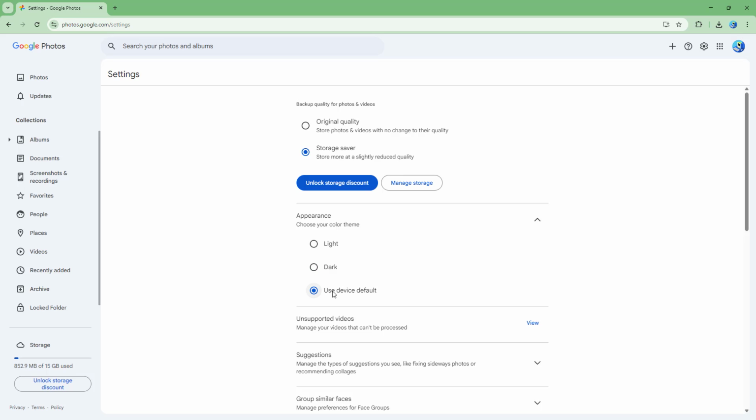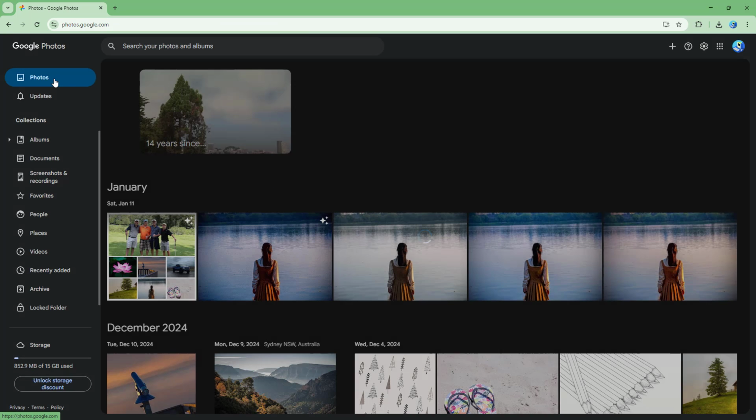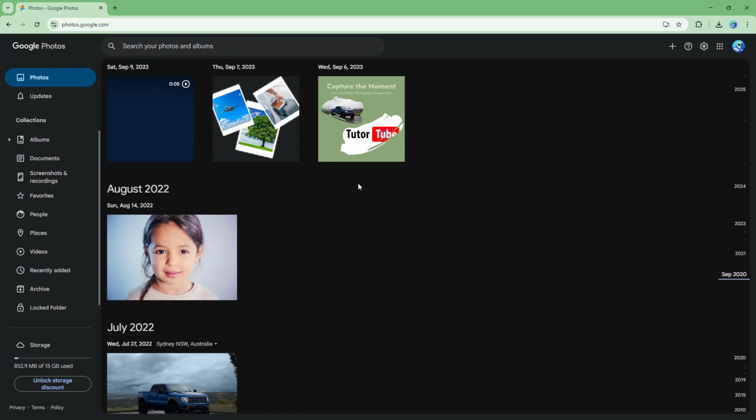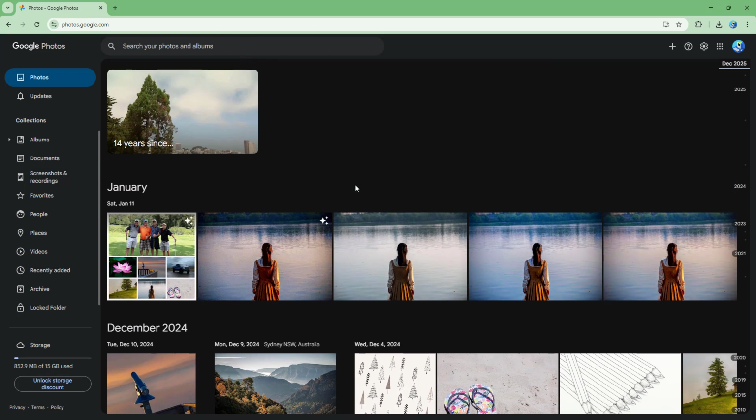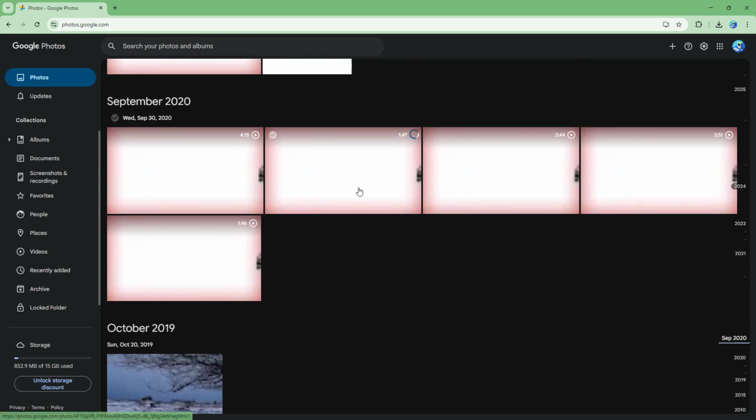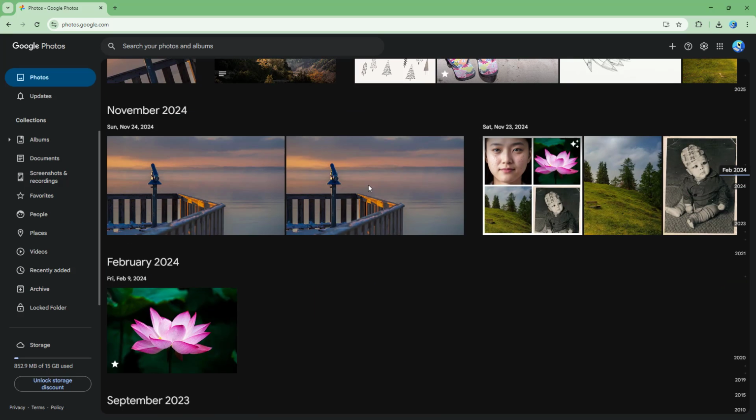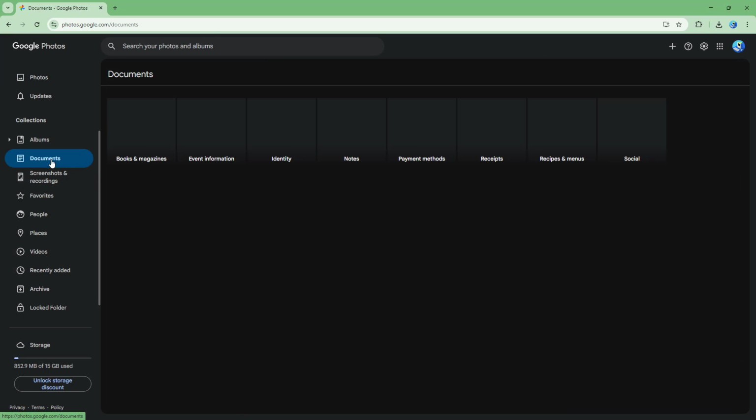So you can also use system default, meaning whatever you have used in your system will be set as the mode for the color theme. But if I were to select dark, then you can see that this is what you have. Everything is dark now, just like this. And this is what you have. So of course the photos don't change color, but the overall outlook right here and everything is in dark mode,